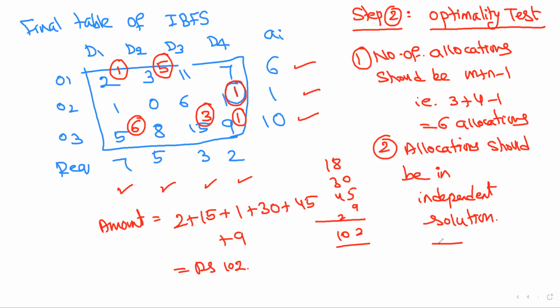Nothing should form a rectangle or a square, or this brick shape. The line should be straight. If you join like this, 1 and 5 I can join, but I can't join 1 vertically. 1 and 6 I can join, 6 and 3 I can join, 3 and 1 I can join. Like this I can join.